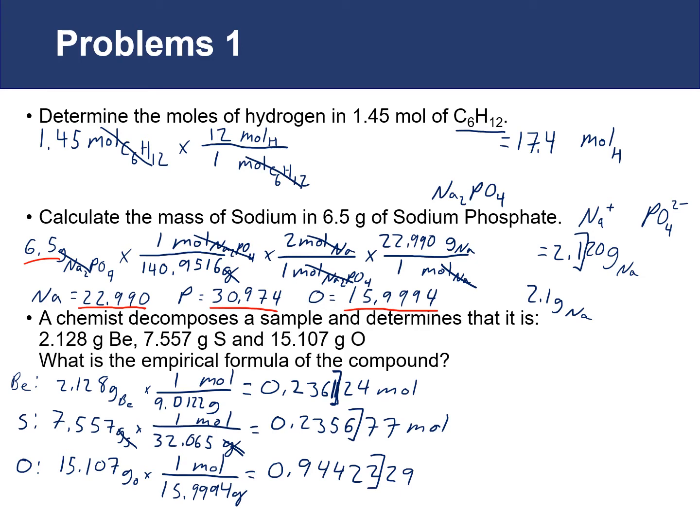So the way we can come up with the empirical formula is by writing out an empirical formula with these values listed as the subscripts, and then we just need to get it into the simplest whole number ratio. So we have essentially right now, from the information we have, Be 0.2361, S 0.2356, and O